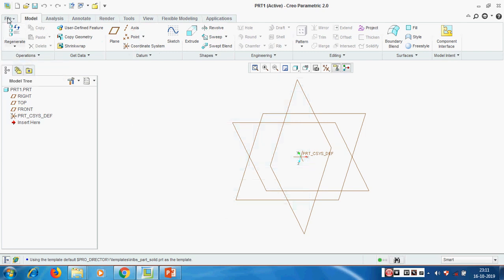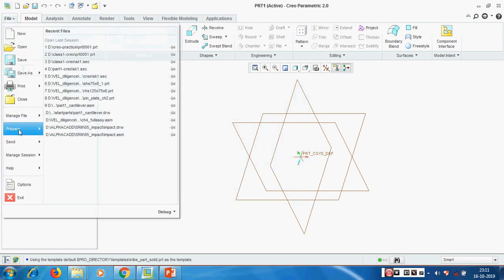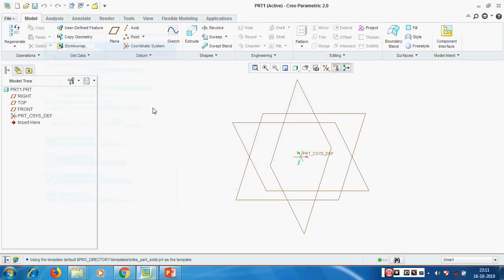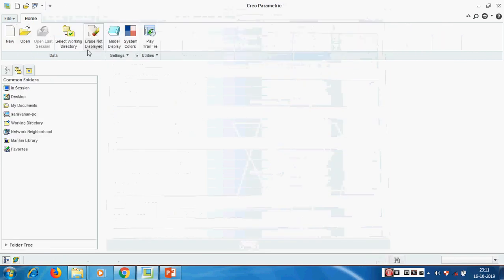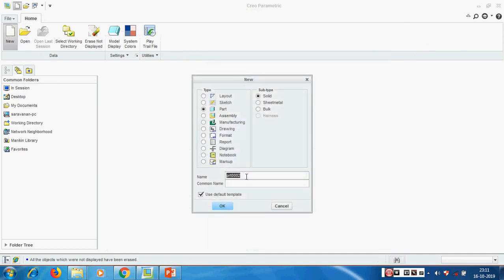To check the units, file, prepare, model properties. Here units, inch, lbm, second. If we want to change the unit, we can change here also. Otherwise, while going into this new part modeling